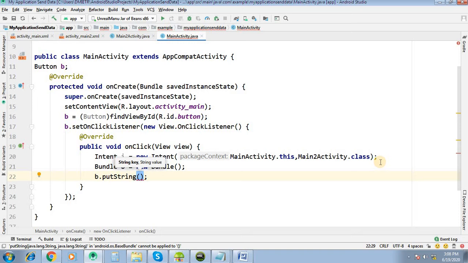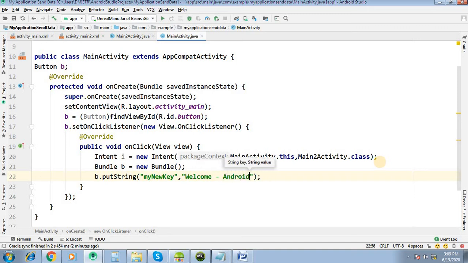Here we have to give the key, my new key, and the value, say, welcome Android.